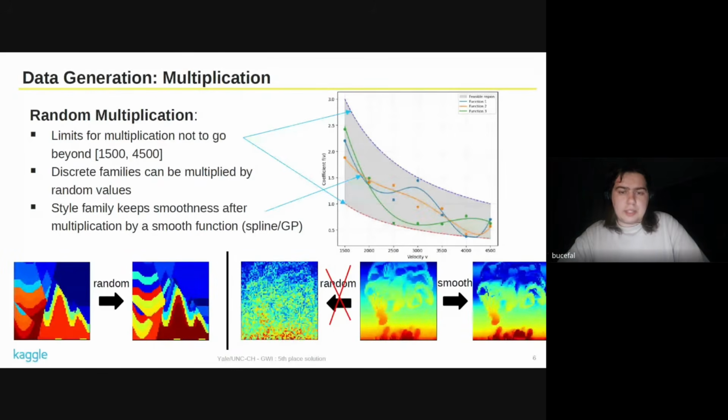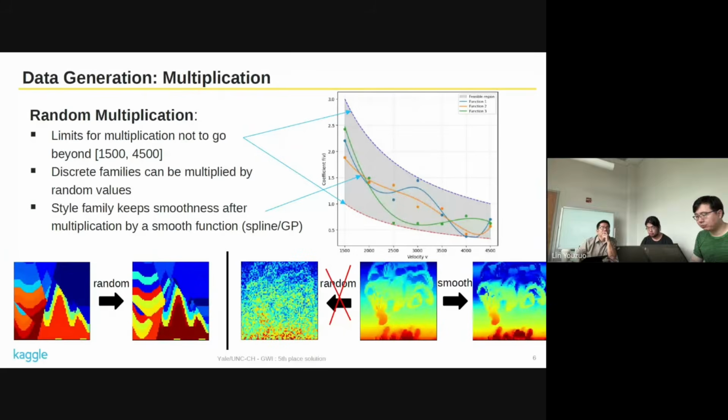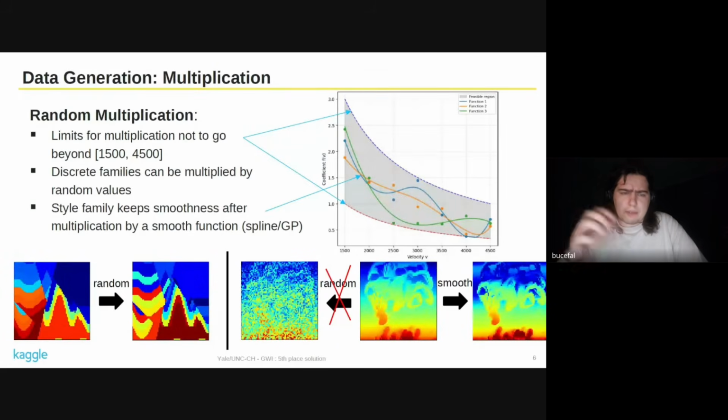And discrete families, by discrete, I mean any family besides style. These families can be just multiplied by some random values, but style families are different because we have to keep smoothness. So we basically have to multiply it by a smooth function, for example, splines or some polynomials.